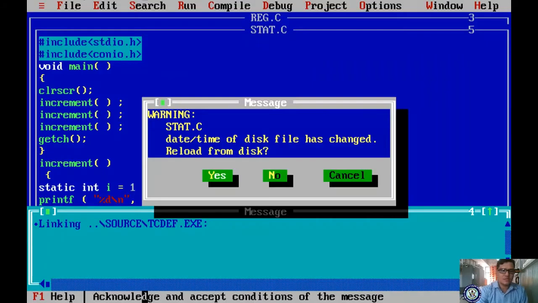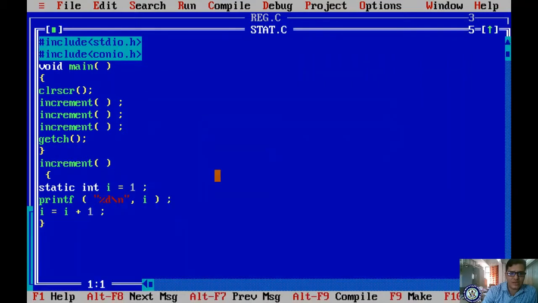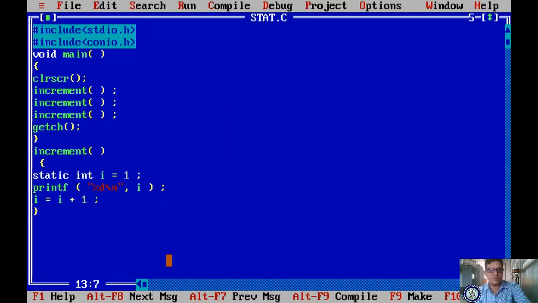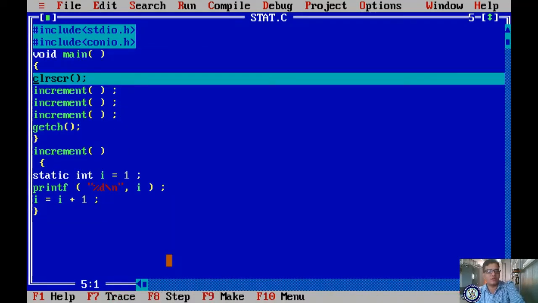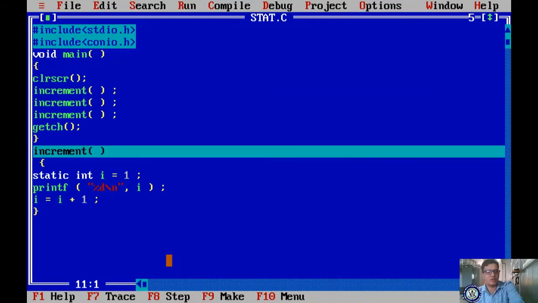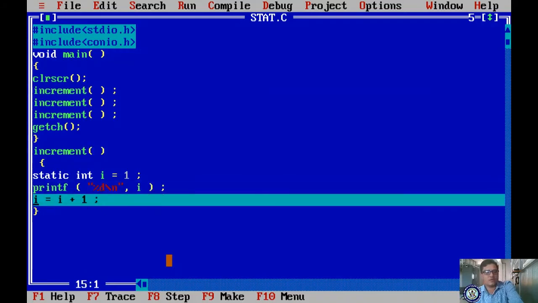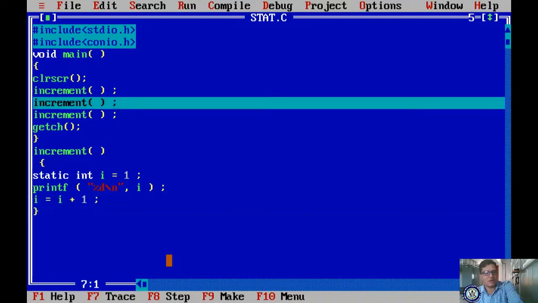Okay, yes. So if I make it a normal automatic variable, now you will see this value execute. Before that, let me show you the execution sequence. Let me check here. When I am running the clear screen function, increment is called, the value will be incremented, and the persistent value will be held. It ends, and once again it is calling.